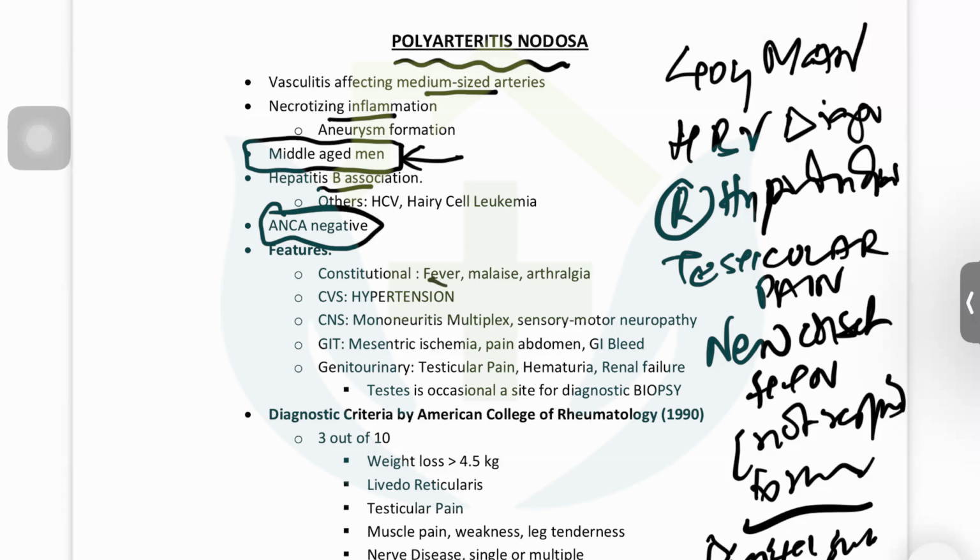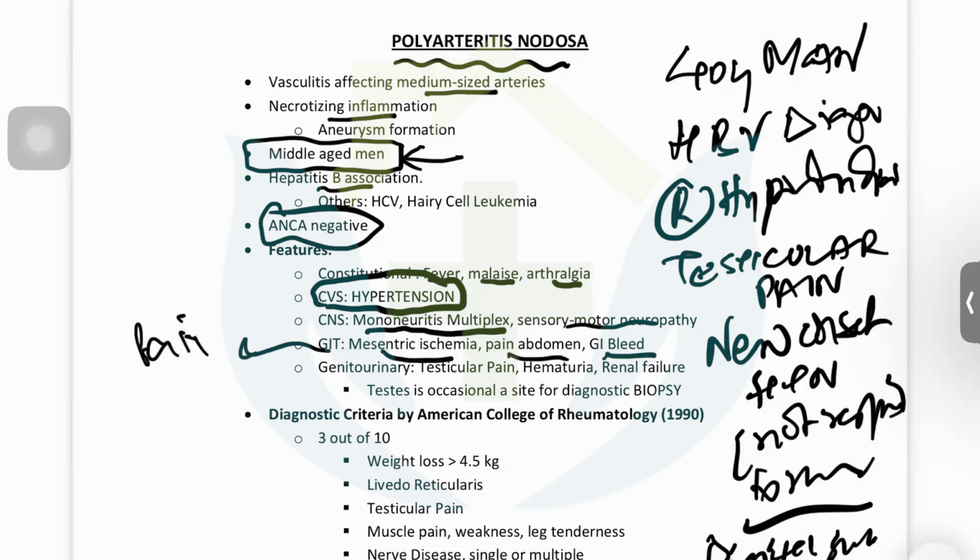Presentation: fever, malaise, arthralgia, hypertension, written in capital letters. It will always be there in the question. Look for it. Mononeuritis multiplex. They might tell you that there was a recent foot drop, which was worked up nicely, but nothing could be found. Sensory motor neuropathy, mesenteric ischemia, pain abdomen,